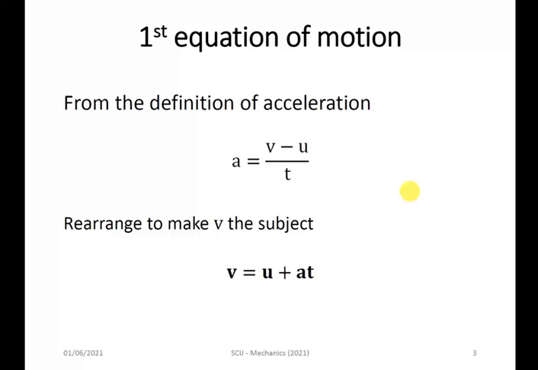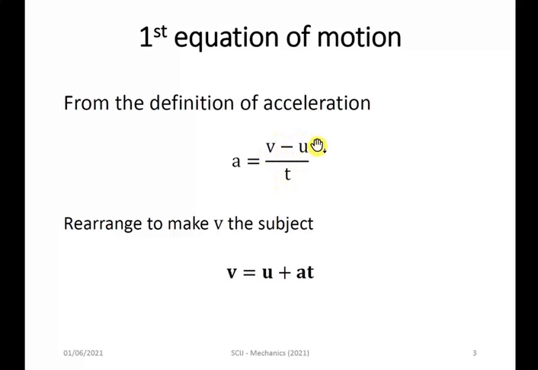Now, the first equation of motion. You are familiar with some of these equations, but I'm just taking you through how we derive them. The first equation is simply the definition for acceleration. If you do remember, we said acceleration is the rate of change of velocity with time. So this is the change of velocity: final velocity minus the initial velocity gives you the change in velocity, divided by the time taken for this change